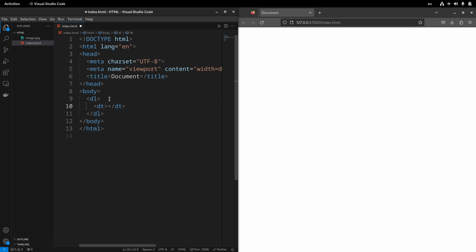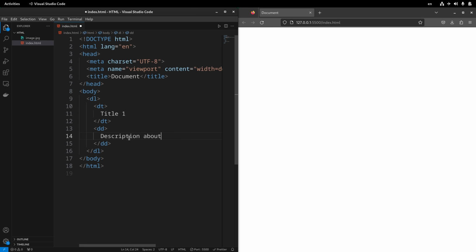That is actually the title of some description, for example, title 1, and after that we can have a DD, standing for definition description, and here we can type some description about this title, for example,